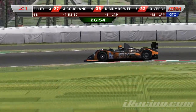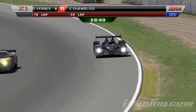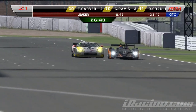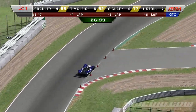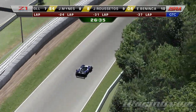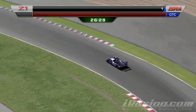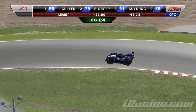There's James coming up behind Corey Davis here. Easily goes around the outside of him here and through the final corner there. Looks like there's Troy Harder again. And the gap from him to Daniel Benefield is just over 3 seconds at the moment, so that could... Oh, both of those guys have... No, they haven't made their pit stops. My mistake. They haven't. They need to...